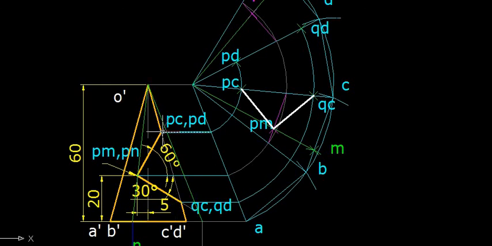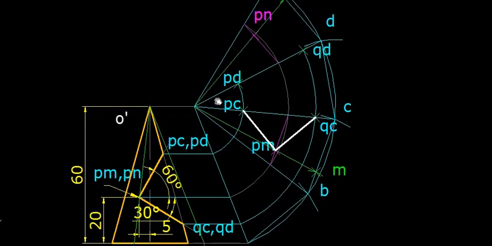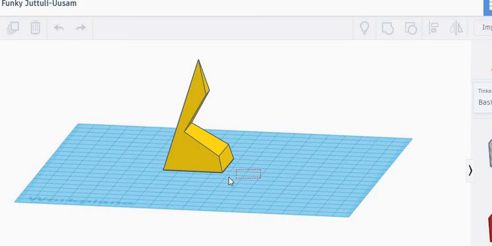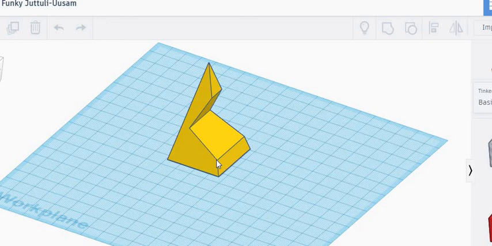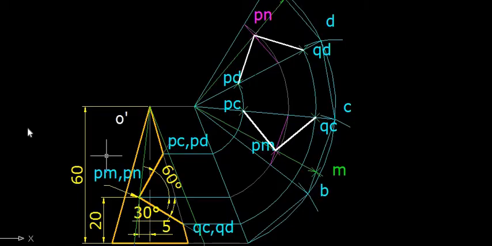Then on the rear side it is PD to PN. Okay, it is PD to PN, then PN to QD. So let us join it. PD to PN, PN to QD. This way you have to join. But then this much part remains, and you will come to know by looking at the 3D model that this should also be joined. So this point to this point should be joined, which is point QC and QD. Similarly PC and PD should be joined. So let us join these points.